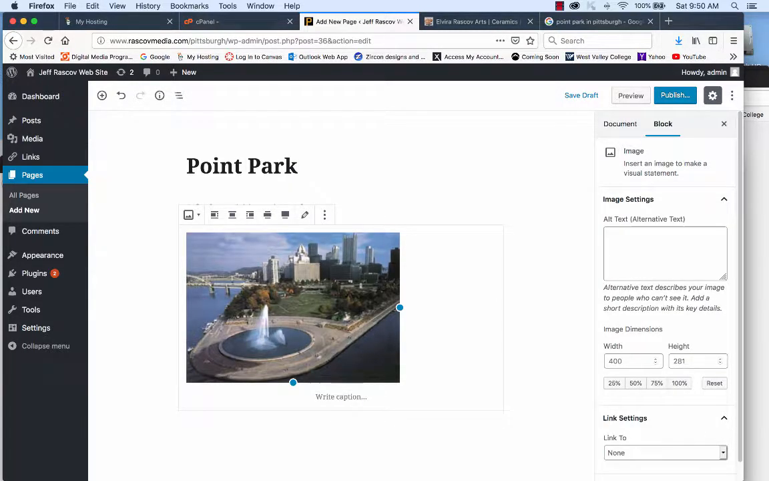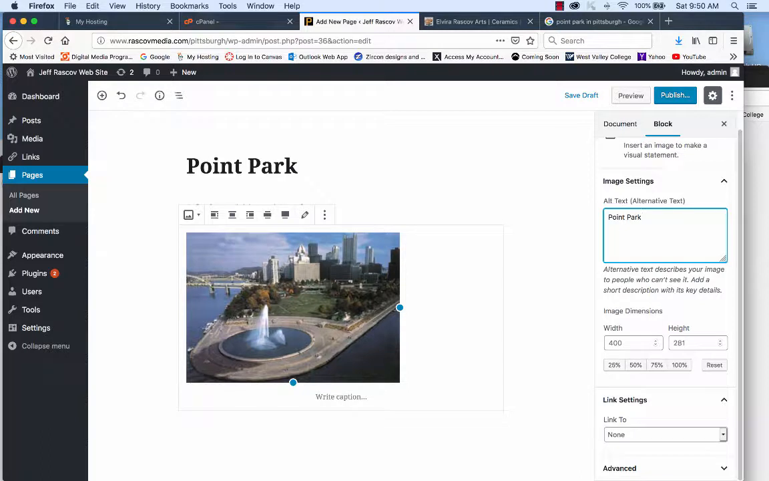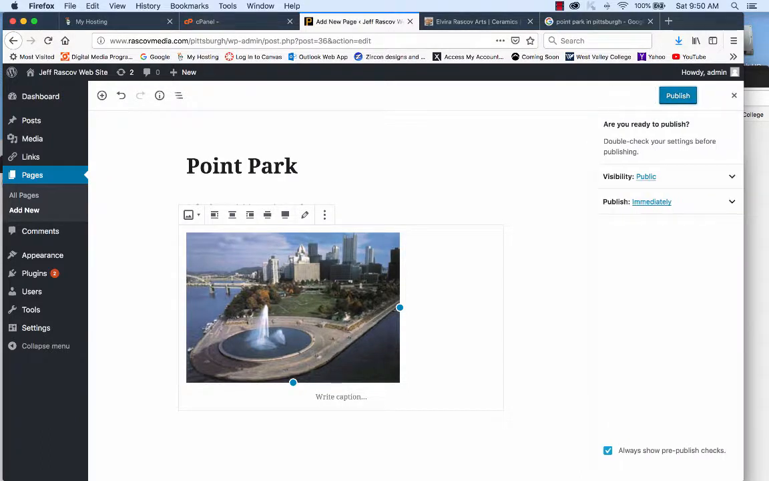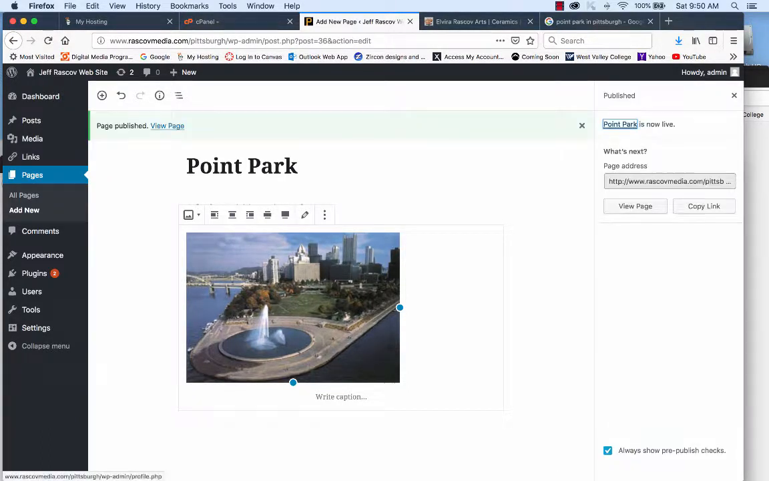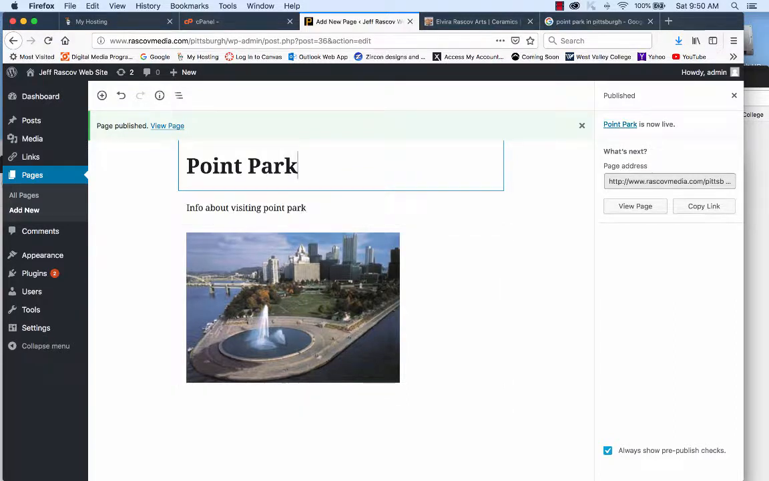There it is. So again, the easiest way to steal a picture from the internet is to right click and say copy image location, and then when you're inside of WordPress here, you use the image from URL and paste the link in there. And so we're just going to call this Point Park for our alt tag, and then make sure again you publish,